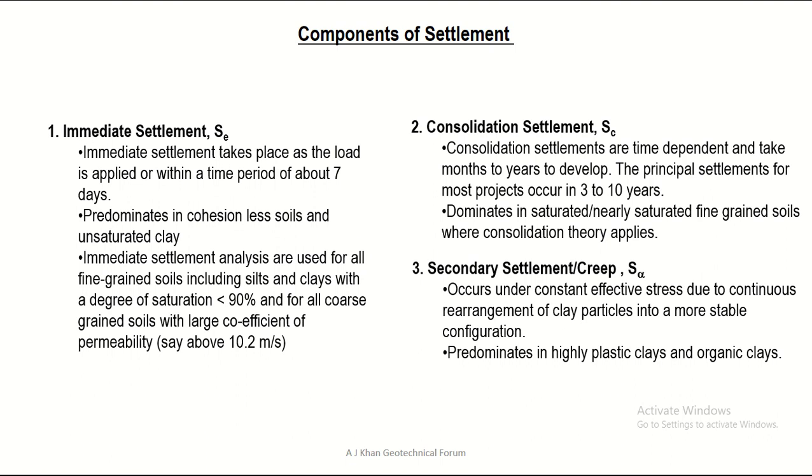And the third type is secondary settlement, which occurs under constant effective stress due to continuous rearrangement of clay particles into a more stable configuration. Predominates in highly plastic clays and organic clays. আমাদের যে খুলনা রিজিয়ন যেটা আছে সেখানে কিন্তু অর্গানিক ক্লে থাকে। ঢাকার ভেতরেও বা বিভিন্ন জায়গাতে এখন কিন্তু আমরা মাঝে মাঝে কিছু কিছু অর্গানিক ক্লে লেয়ার কিন্তু আমরা পাচ্ছি। সো এই সমস্ত ক্ষেত্রে যেখানে অর্গানিক ক্লে লেয়ার থাকবে সেখানেই কিন্তু আমাদের রিঅ্যারেঞ্জমেন্ট হবে উইথ দ্য পিরিয়ড অফ টাইম, ওভার এ পিরিয়ড অফ টাইম, এবং সেই জন্য কিন্তু সেখানে সেকেন্ডারি সেটেলমেন্ট